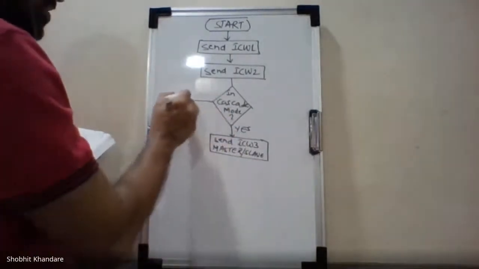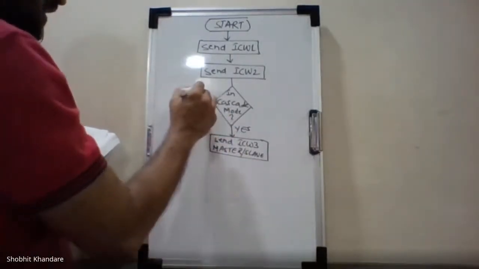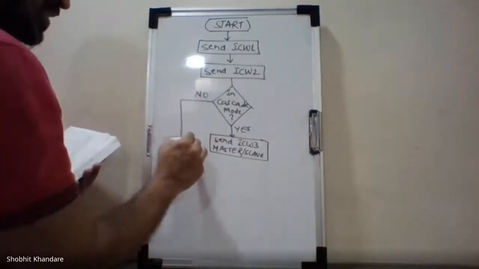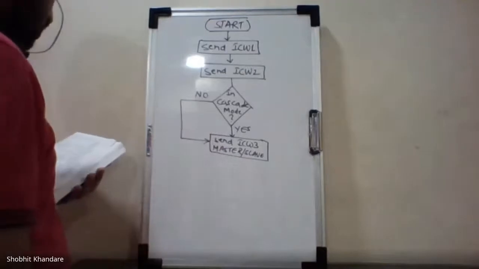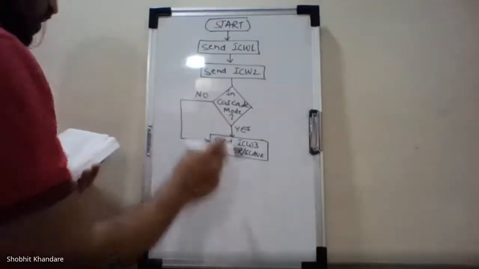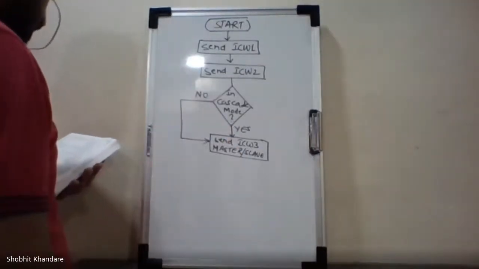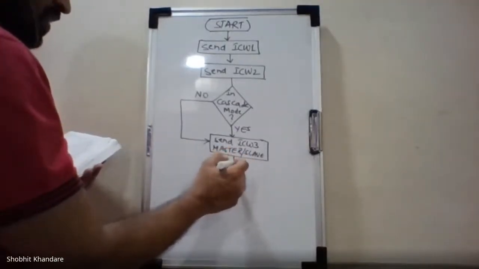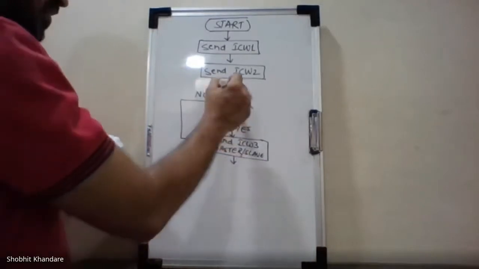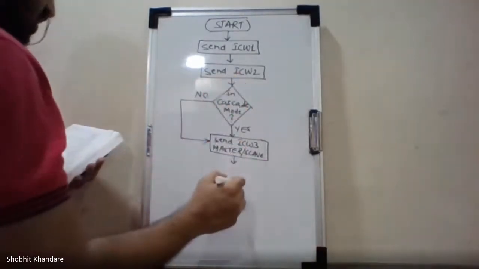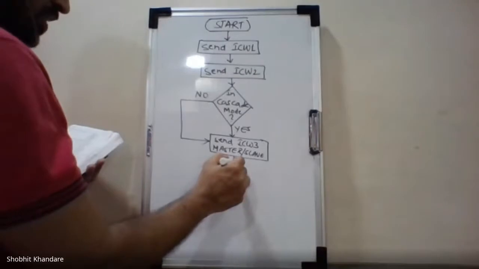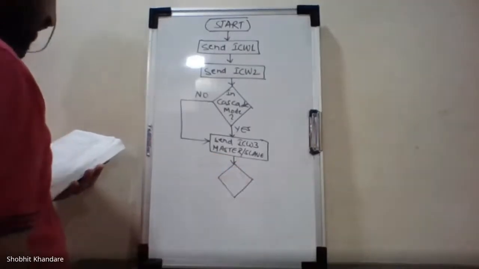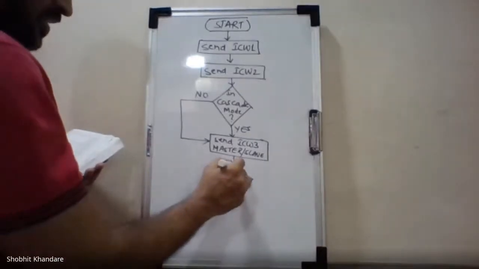And if it is not cascaded one, no, then also send ICW3. So we'll see the difference between this no and yes. Then after that, again you have a condition. Please draw along with me. The condition says that